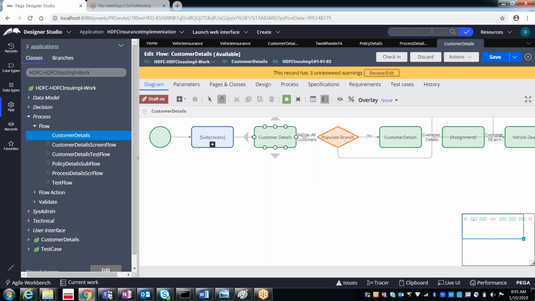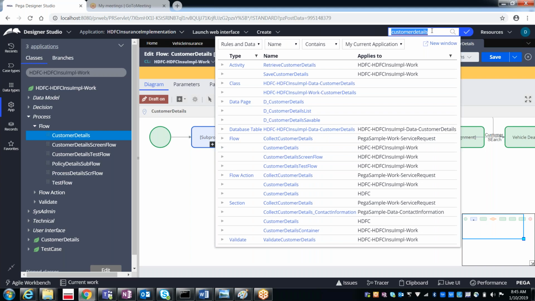And the other way is, generally to open any rule, we will be doing the search option. So, customer details. Under the customer details, as usual, we will be seeing all the rules with the name customer details, whether it may be having some prefix or something else. In case I want to open the customer details from the lower version, generally after searching, if you select customer details, it will take from the higher version.